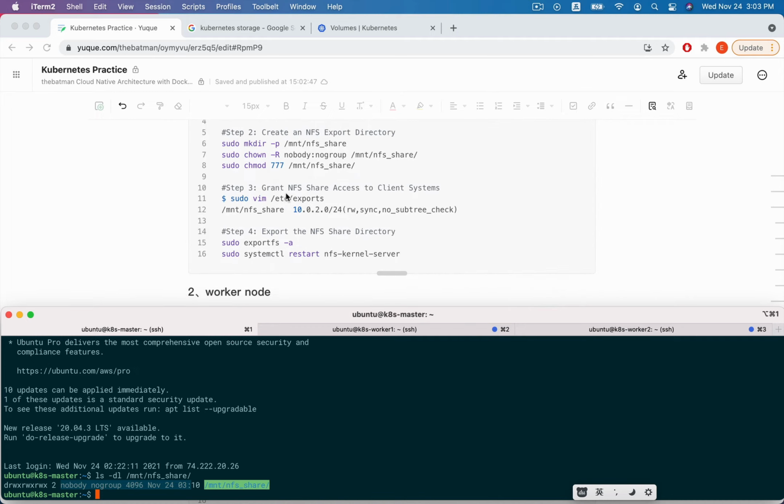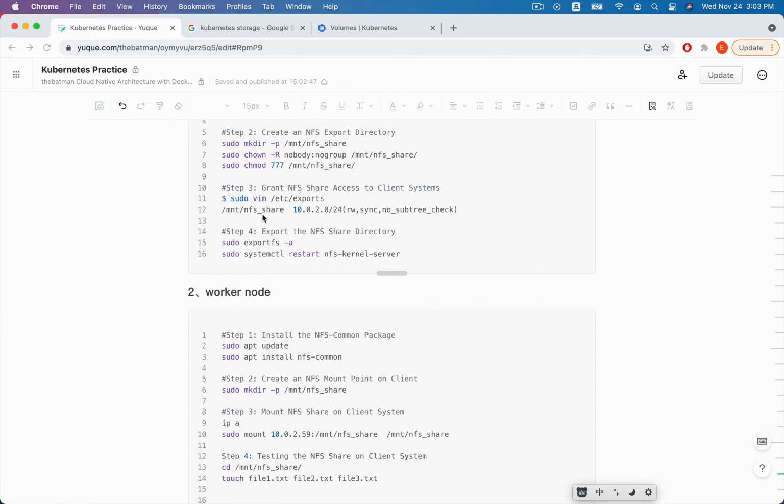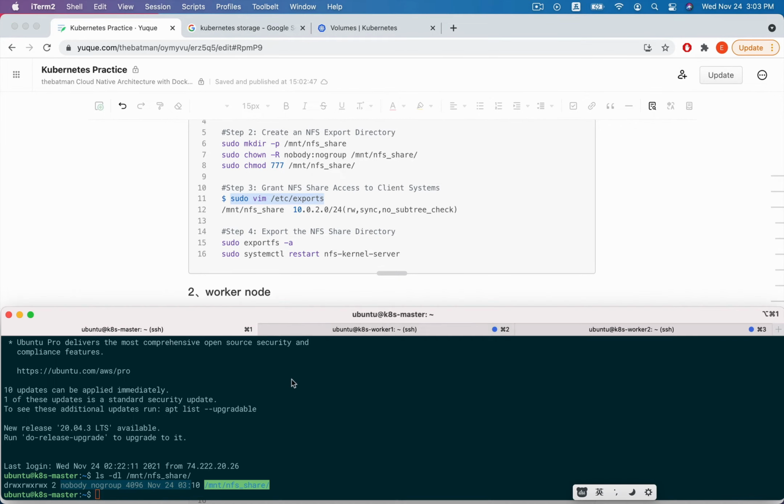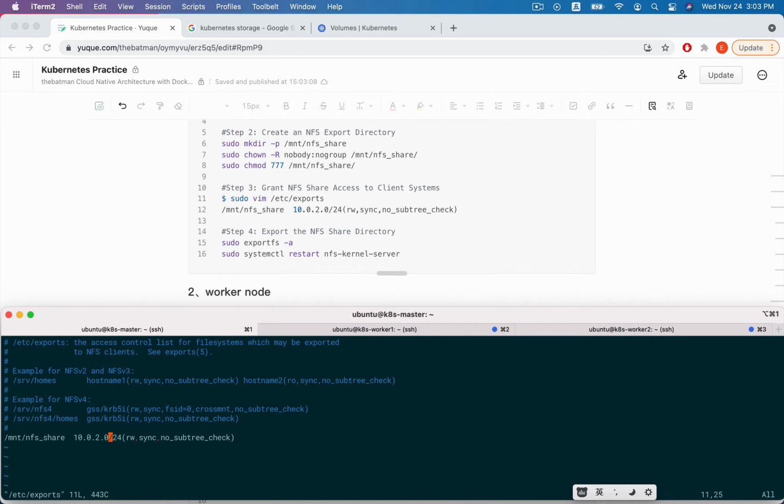And we grant NFS share access to the client systems. So we edit the exports file. We can see here this is the export directory, and this is the IP CIDR of the client nodes, and this is the permission: it can read and write.